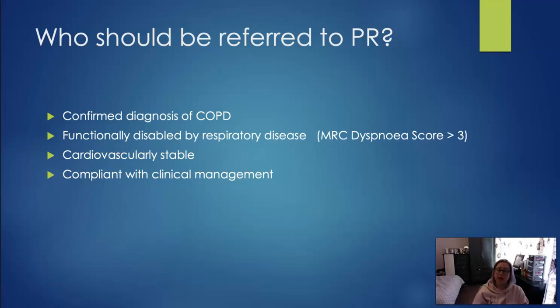And it's about going back to that patient and looking at what are the barriers that this patient is experiencing that are stopping them from being compliant with the clinical management in the first place. Is it a lack of education? Is it that they don't fully understand what their disease or diagnosis is? And it's about really trying to see what is the reason that this patient isn't compliant, and working on that